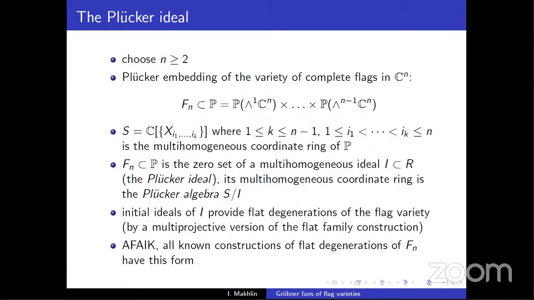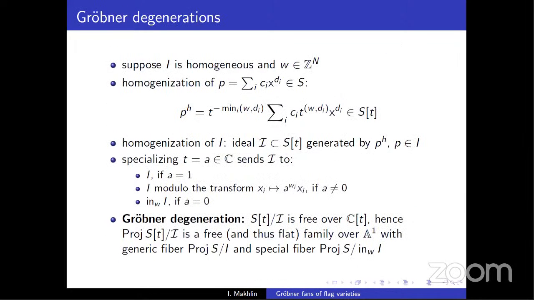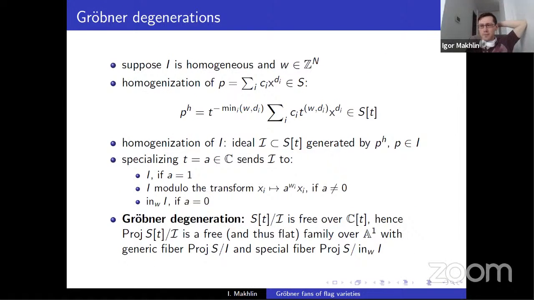So this is one question I can't say I have an answer to. Excuse me, I am not really understanding the word degeneration. The construction makes, from one variety, a family of some other varieties, which is flat. Yeah. So what is degenerated? So a degeneration, yeah, a degeneration is a